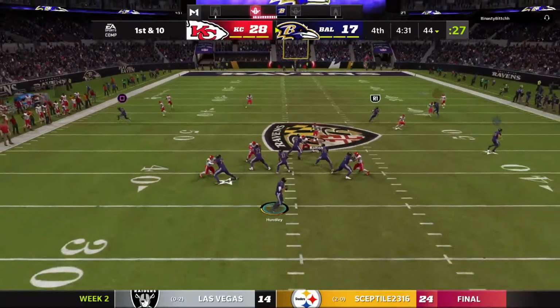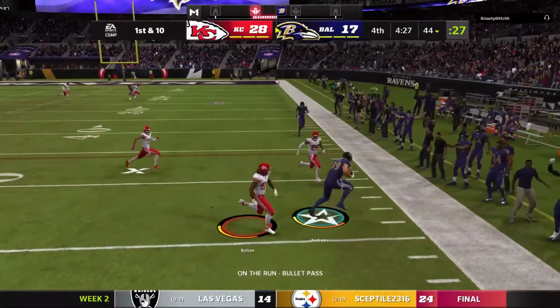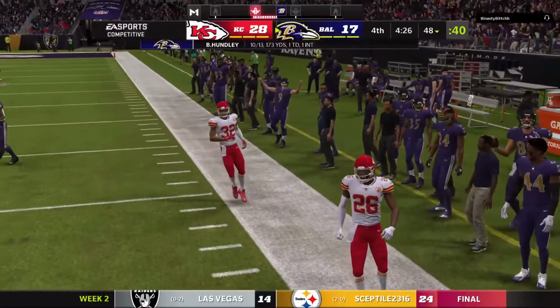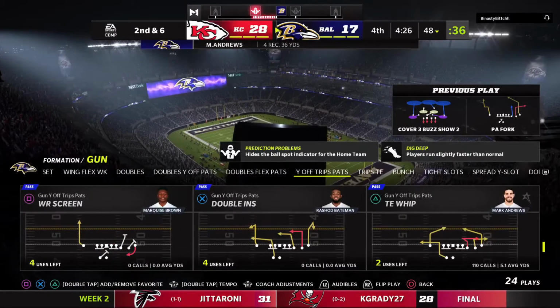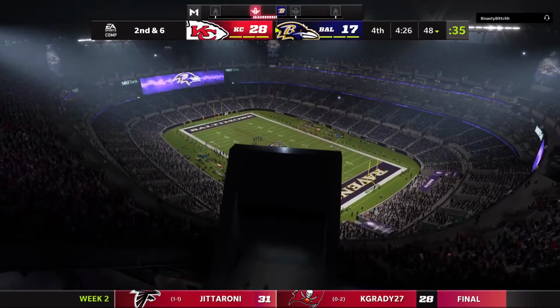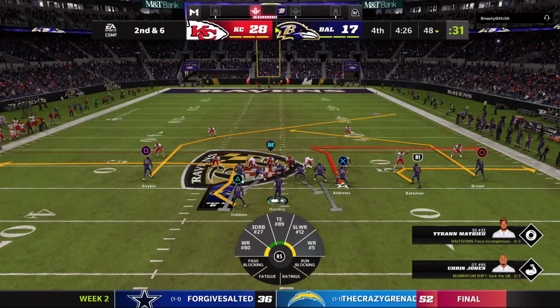line. On play action, they'll throw. And he'll go right back to Andrews. And he's able to get this one out closer to midfield across the 45. They'll contain him to just 4. Second down. It's now second and